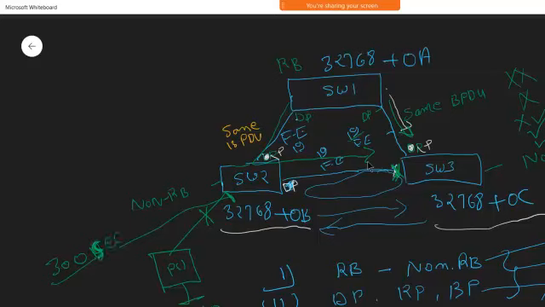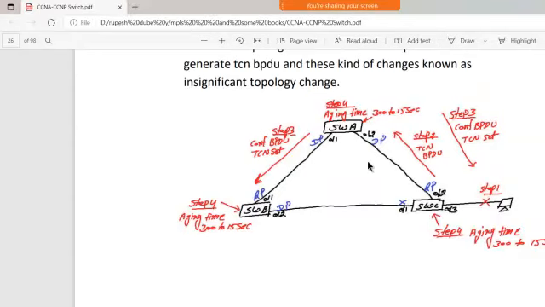300 seconds. So it can hold this MAC address for 300 seconds, and then the learning process would happen again, right? We can count this into steps. So what are the steps that we have?